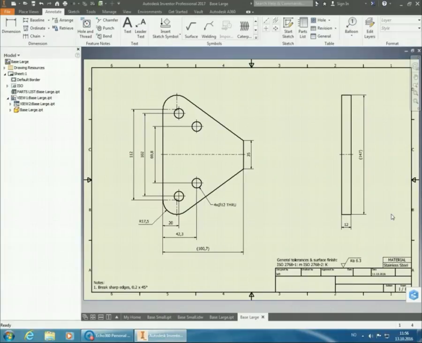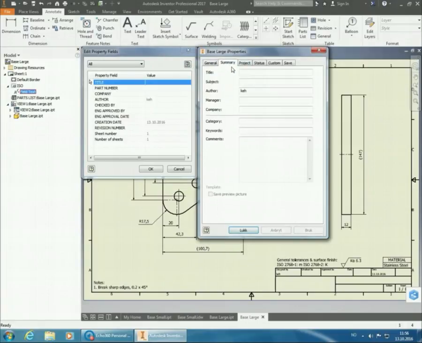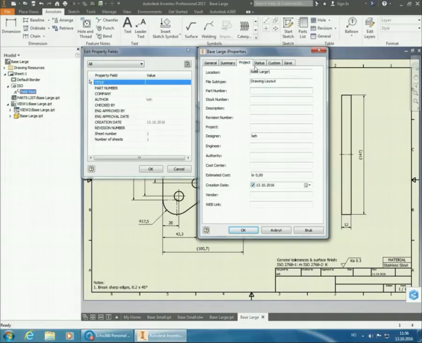So then we need to fix our title block. So we go over to the ISO part in the browser tree and we edit field text. We open up the properties and we start fixing the information that we need in here. So we put in base large as the title, put in the student number as the author, the company name, the part number, and the revision number,